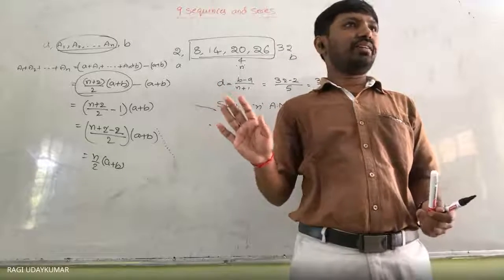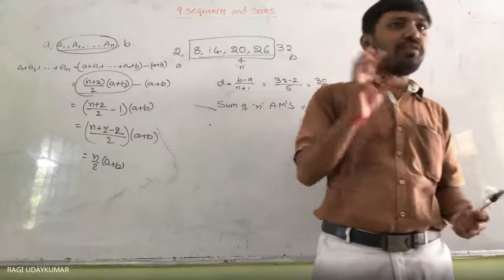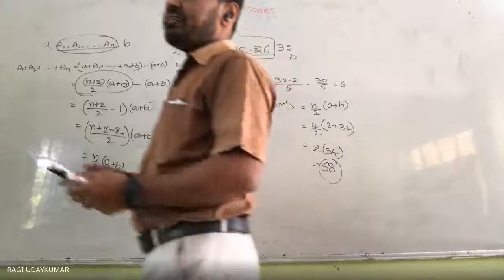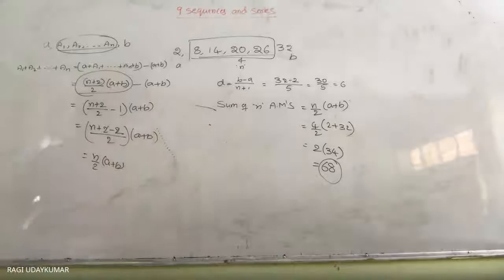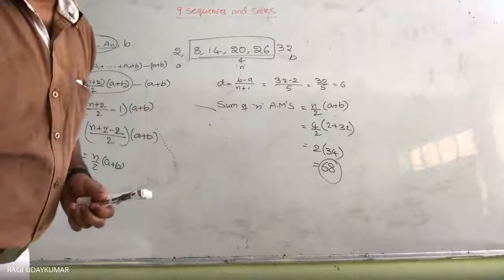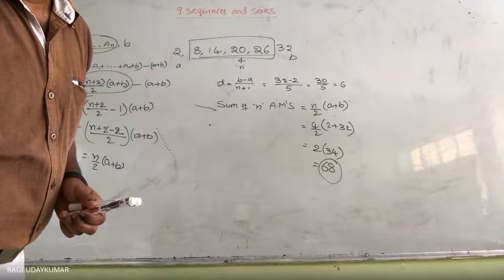Is it clear to you? Clear, understood? So how do we find the sum of the n terms and the sum of the n arithmetic means between two numbers if they are inserted? These are the things based on the arithmetic